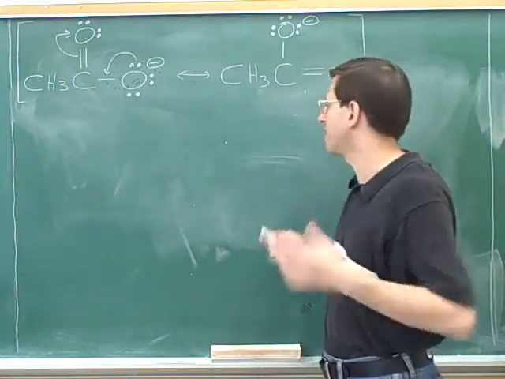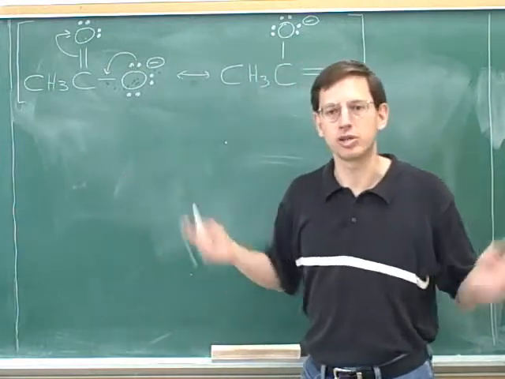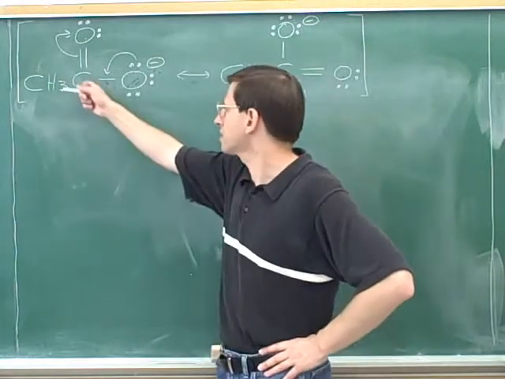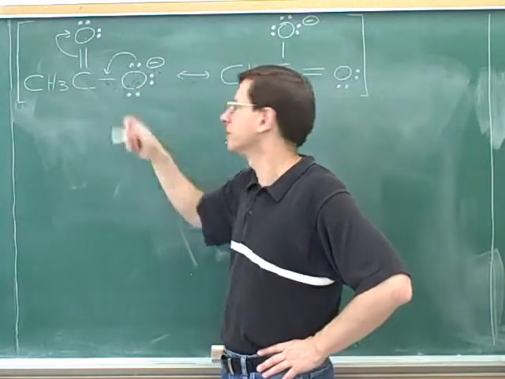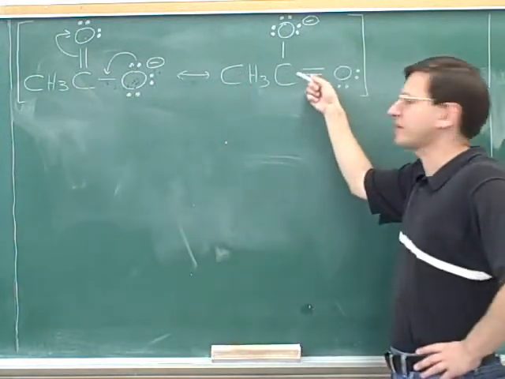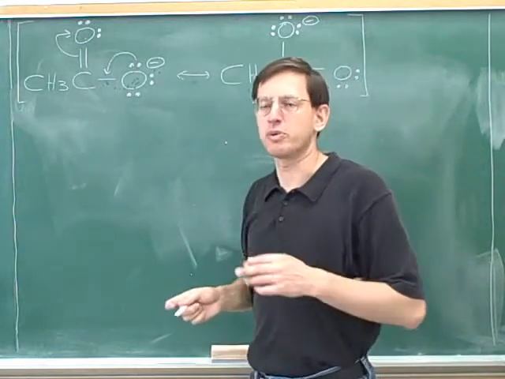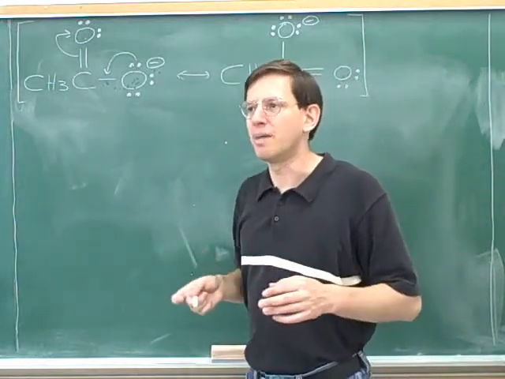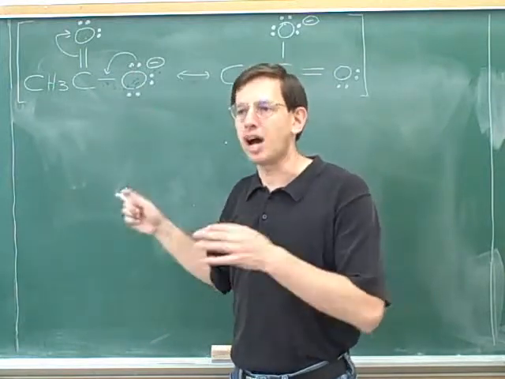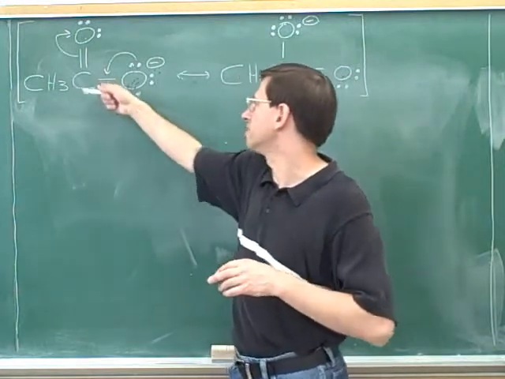We can also look at that for the bonds. So I hope you're familiar with the idea that double bonds are stronger than single bonds. You should know that double bonds are stronger than single bonds. Well then, how strong is the bond between the carbon and the oxygen? Well, in this picture, we drew it as a single bond. And in this picture, we drew it as a double bond. But remember, that does not mean that it's flipping back and forth between being a single bond and a double bond. There's just one type of bond between the carbon and the oxygen, but we can't actually draw what that bond looks like. All that we can say is that it's kind of a blend or average of a single bond